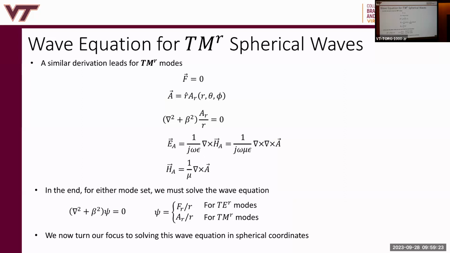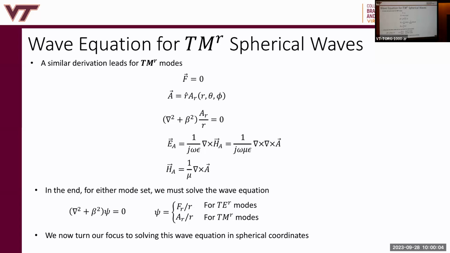So let's do it. You can do the exact same thing for TM to R, which means we're just going to solve for the magnetic vector potential A, right? So you do the same thing. You assume F is 0 and A has an R hat component. That means we're going to get magnetic fields transverse to R. And we derive this same exact wave equation, but it's in terms of A_R. And then we can find E due to A and H due to A. We get H directly from A now, which is 1 over mu curl of A. In the previous case, we got E directly from F, but here we're getting H directly from A. And then we can get E from this result, right?